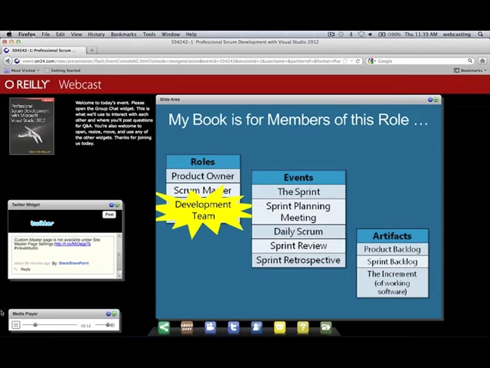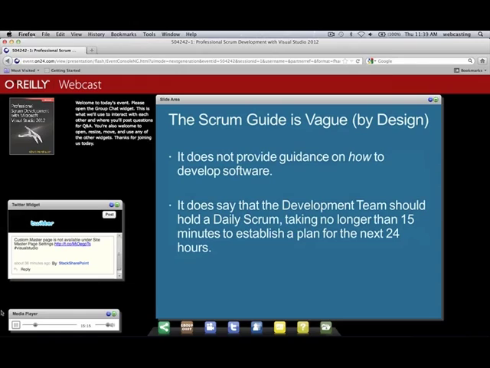So this notion of a professional Scrum developer is a response to the industry saying, okay, what do we do? The Scrum Guide is rather vague. It says daily we should meet for a daily Scrum. If you guys want to stand up, that's your choice. You can sit down if you want. It's funny, I still run into people that call it the daily stand-up, and Scrum does not call it the daily stand-up. It's just the daily Scrum, and you can decide when and where to meet just so long as you do. And it doesn't take longer than 15 minutes. The goal of this meeting is to establish a plan for the next 24 hours, but it's not to solve problems. So what do you do the other 7 hours and 45 minutes of the day?